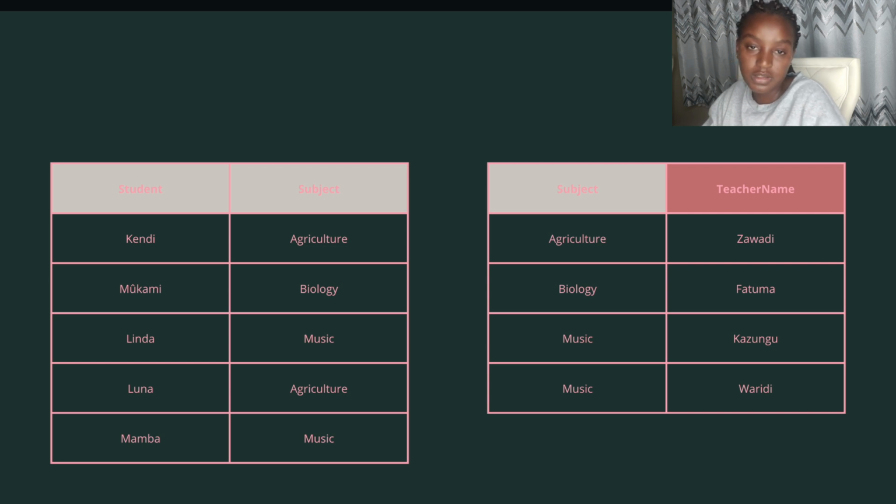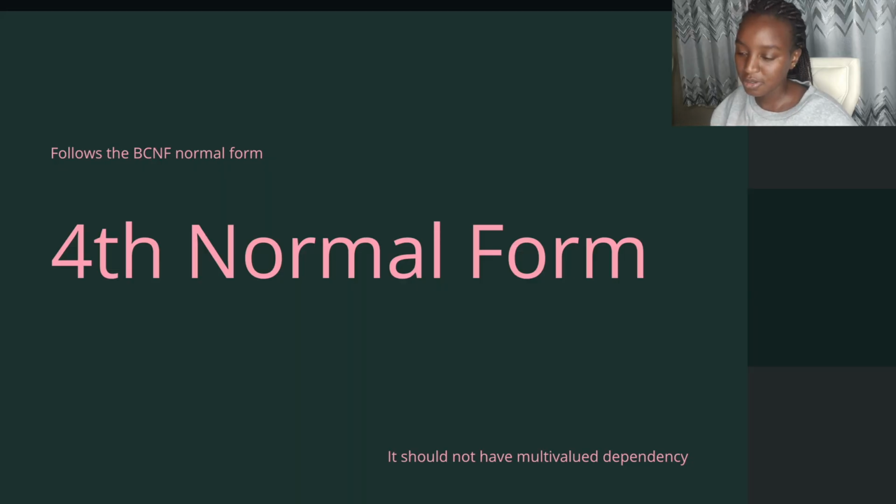Let's look at the final one, which is 4NF. I said these are the final one. There is another one after that, which is the fifth normal form. I'm not going to cover that. I don't think it's used that often. So I'm just going to end it at fourth normal form. Anyway, so fourth normal form